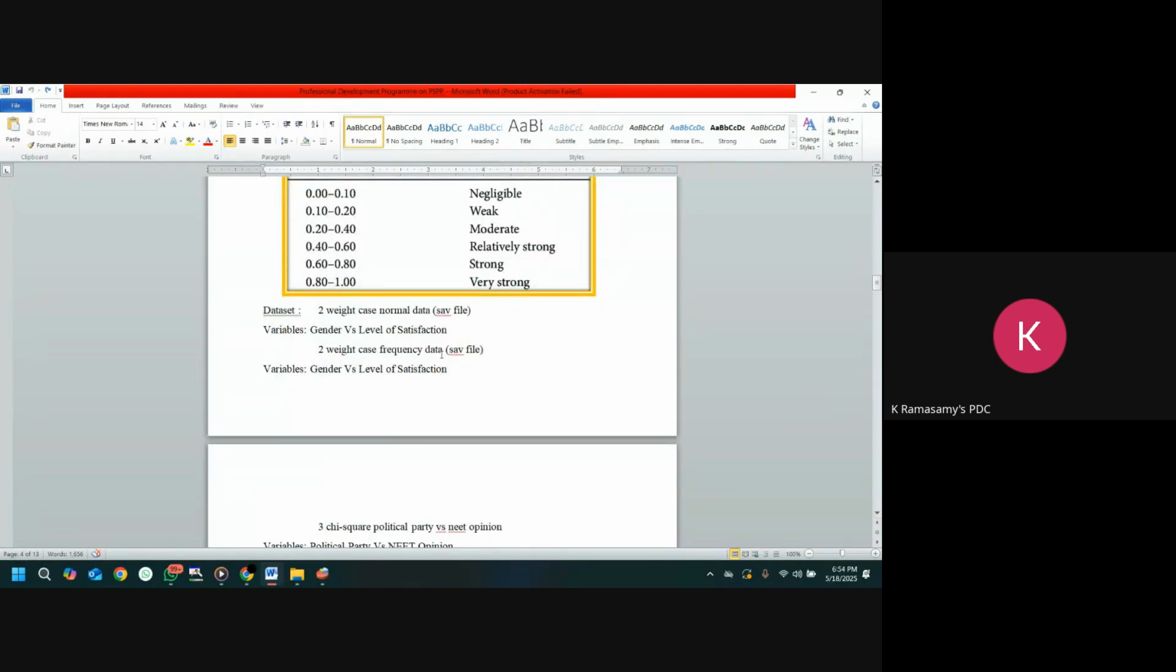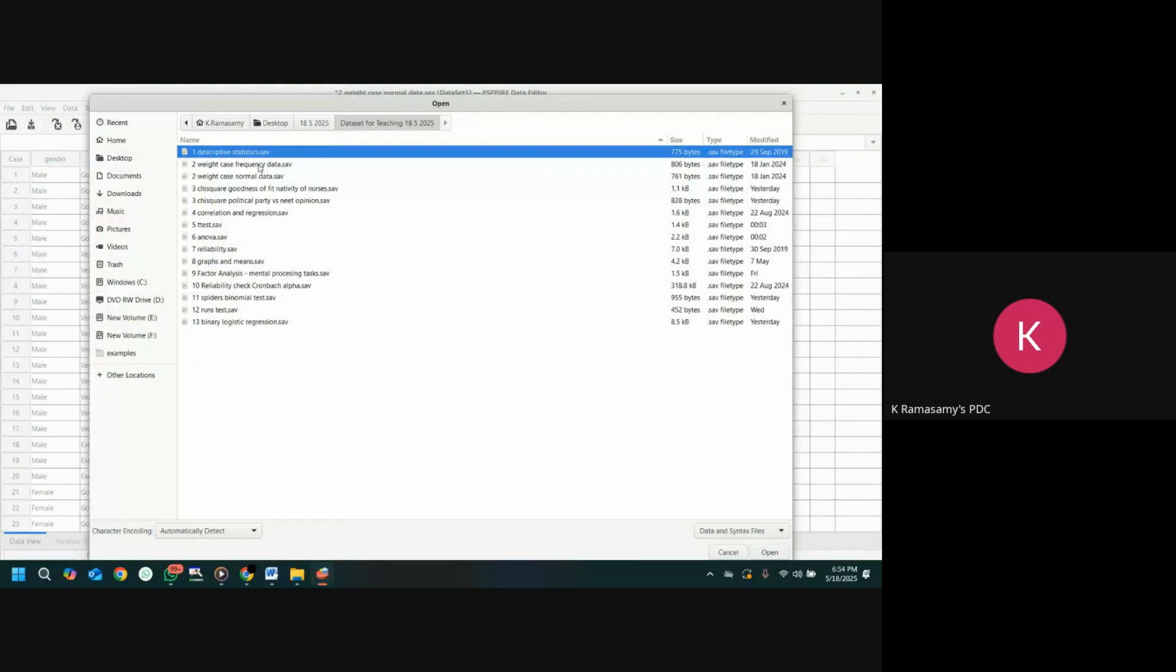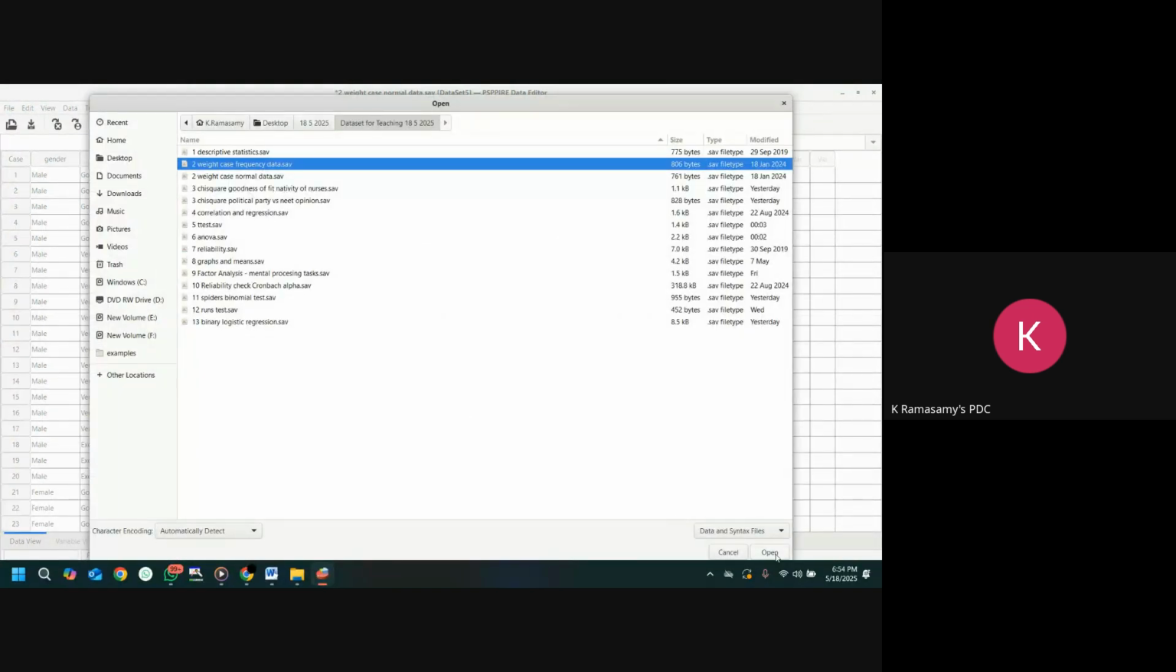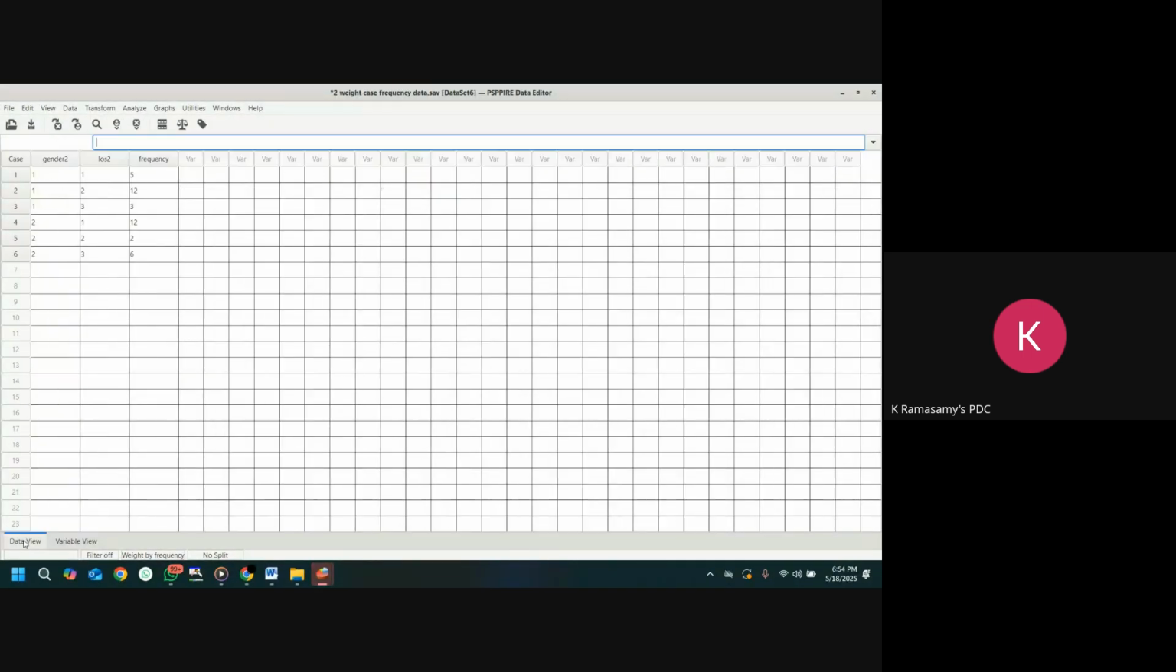weight case frequency data. I'll go for weight case frequency data. I go to File, I go to Open, I go to weight case frequency data, and I say open. Here things are different. In Data View, I click on show value labels. You can see here, whatever data I had in the previous file, I counted and the total count is